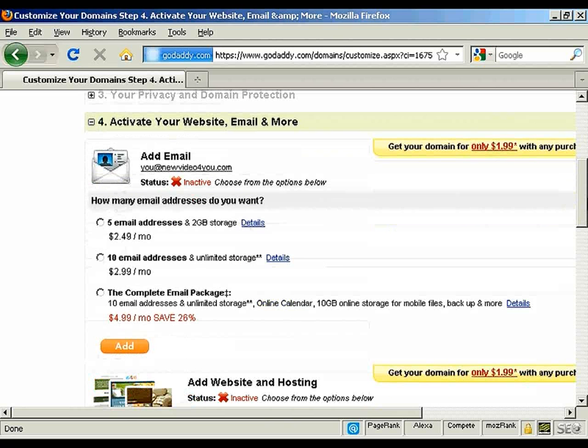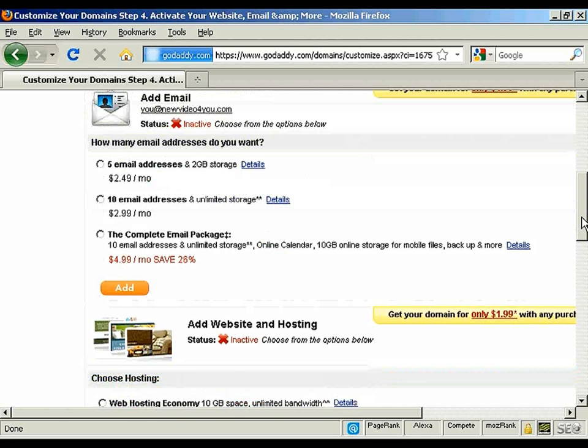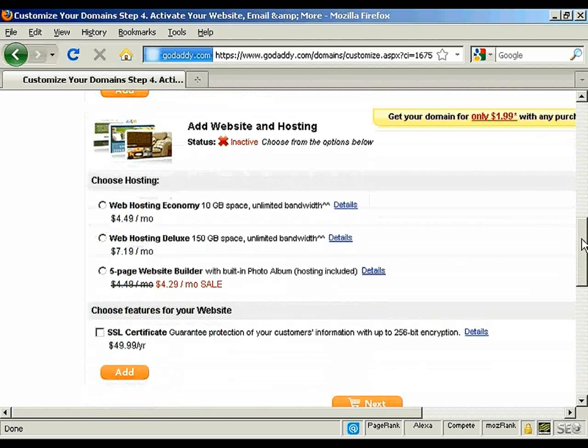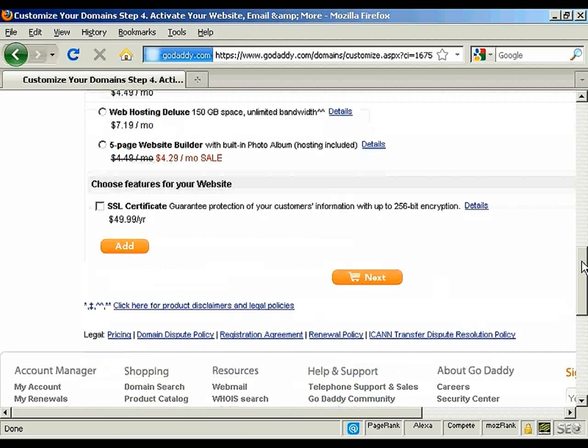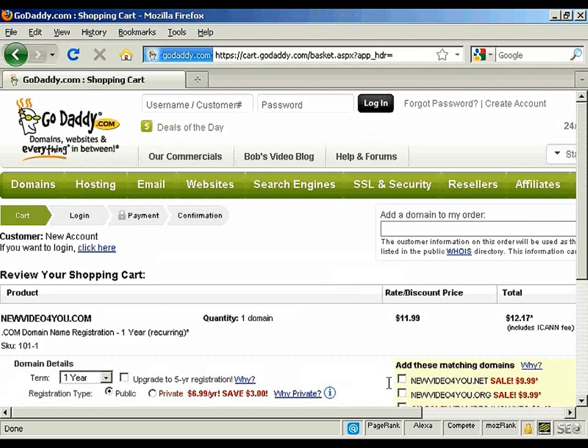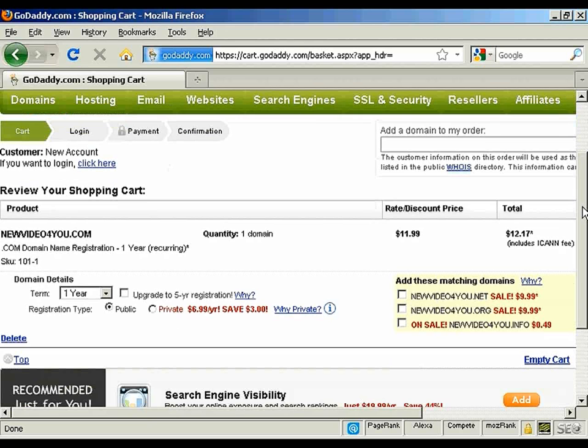You can also add email addresses. This is if you're not going to have a hosting company. You can actually use this just for email if you want. I don't want that. And you can also host it here at GoDaddy if you would like to do that as well. I'm not going to do that, so what I'm now going to do is go to the checkout, so click on next, and it gives me all the details again,